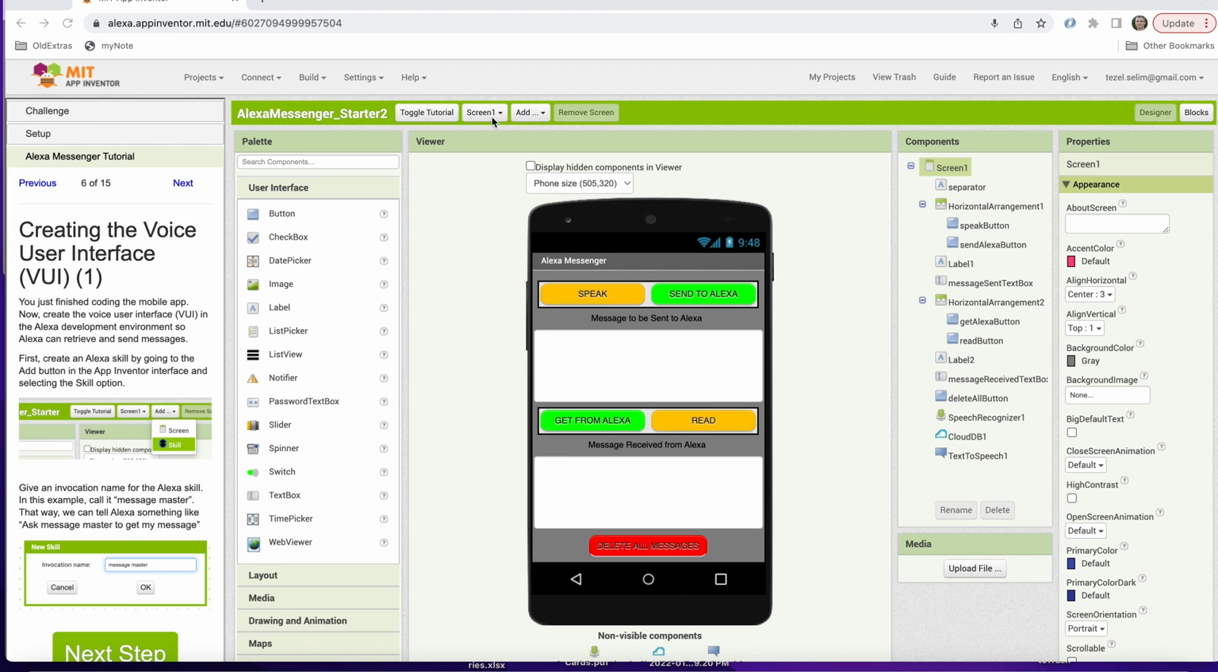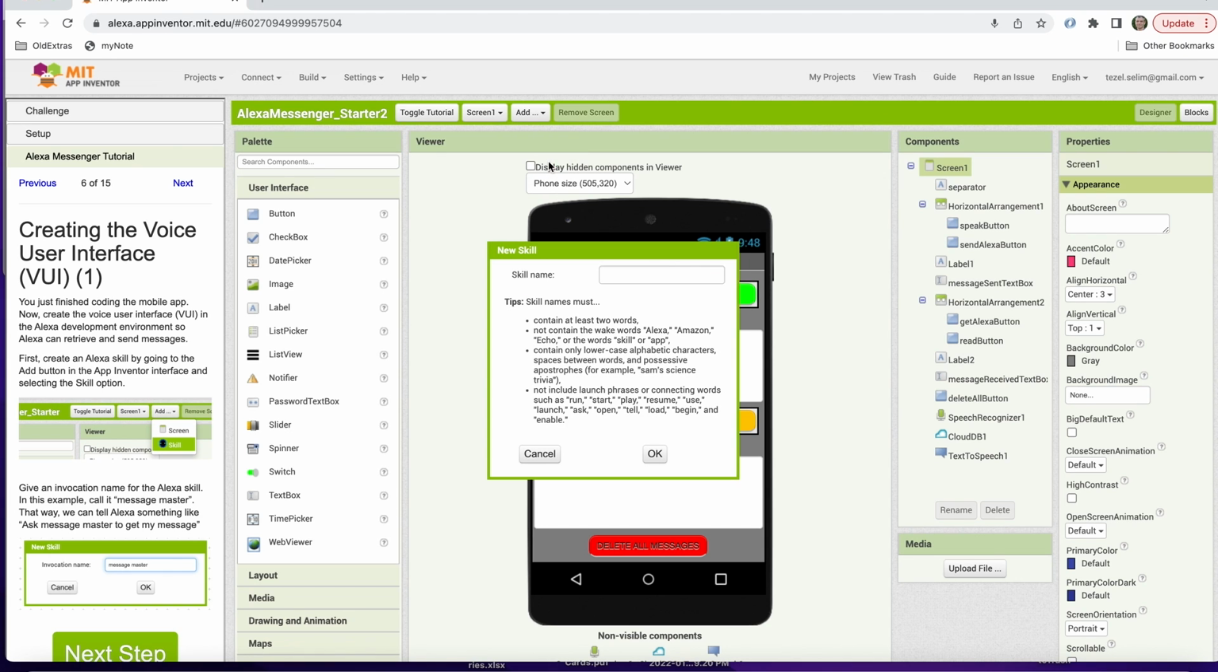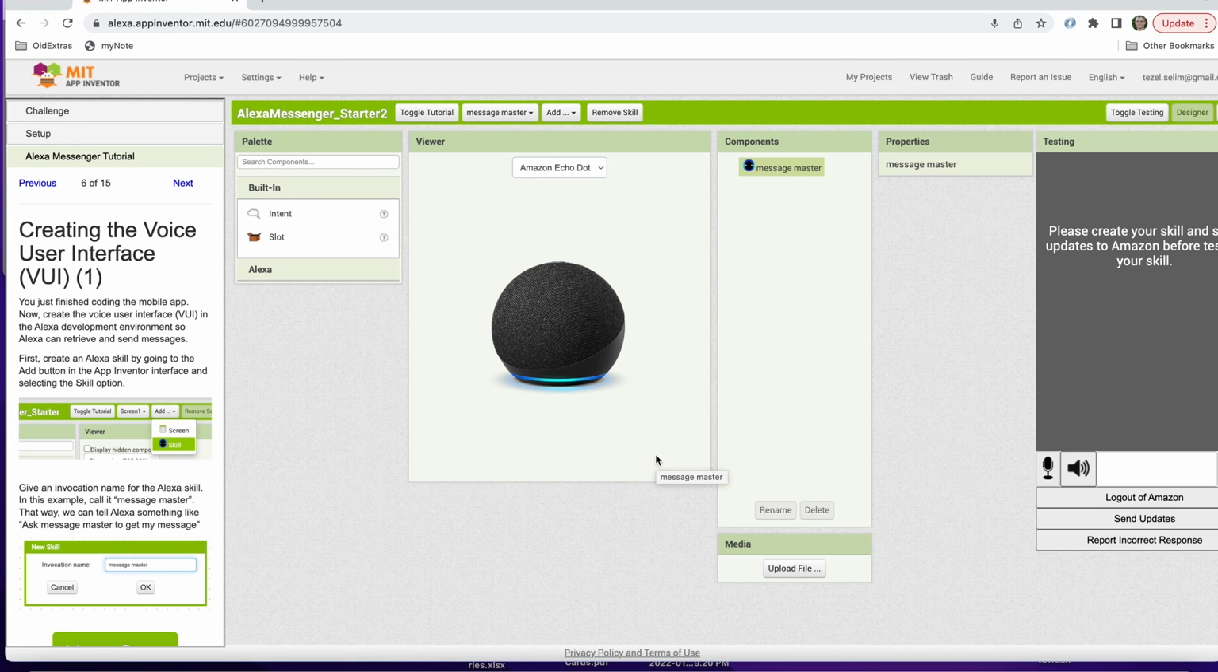Okay? To do that, we're going to go to the Add Skill option here from the menu. And we're going to give our skill a name. I'm going to call the skill Message Master. You can read here, it tells you it has to contain at least 2 words. You can have some special words like Alexa, Amazon, Echo, etc. So it tells you what not to do, but the name Message Master is a good skill name. This is how you're going to invoke your skill in Alexa. So I do that, and I come to the familiar